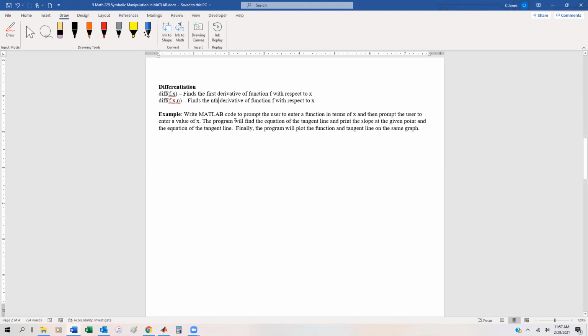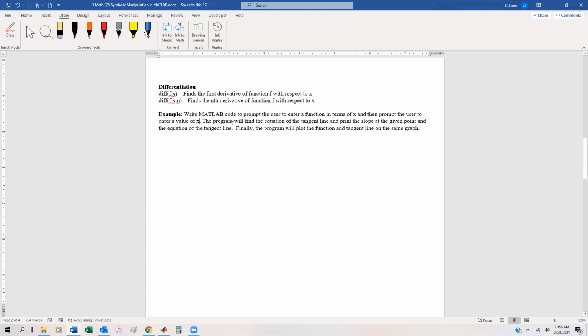So one of the most common things that we do in calculus is we find the equation of a tangent line. And of course, the tangent line can be used for a local linear approximation. It finds the slope at a specific point, all kinds of good stuff. All right. So let's just go back to Calc 1, and we're going to write MATLAB code to enter a function in terms of x, surprise,